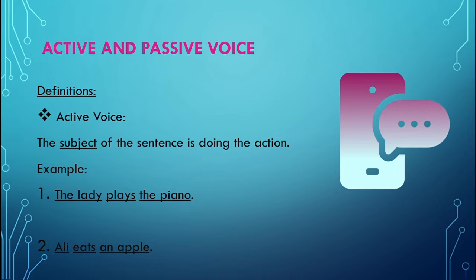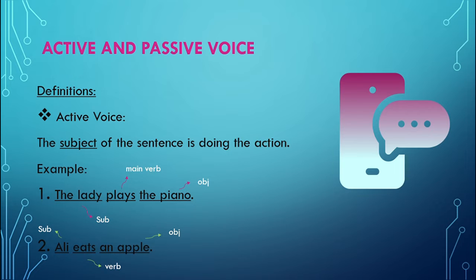The lady plays the piano. If you look at it, the lady here is actually the subject of the sentence. Plays is the main verb and the piano is the object on which the lady is performing the action. In the second one, Ali eats an apple. Ali here is the subject, the doer of the action. Eats is the verb, the action he is performing, and an apple is the object on which the action is